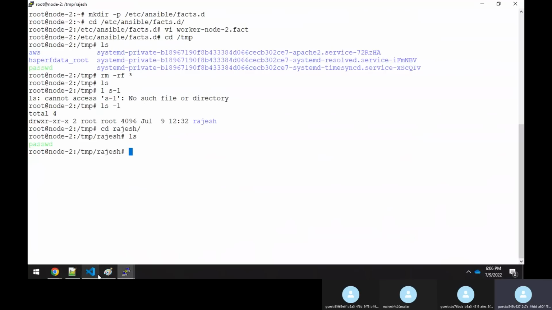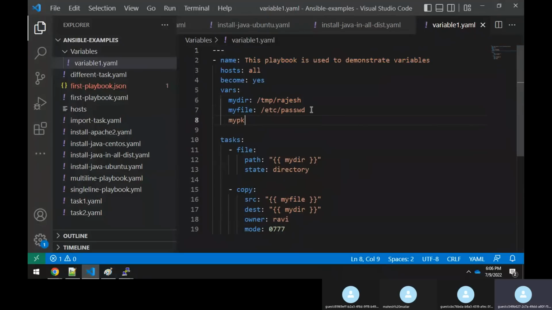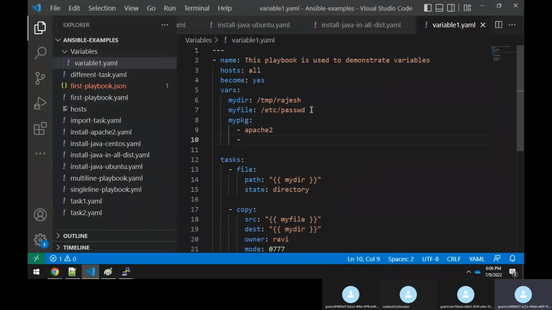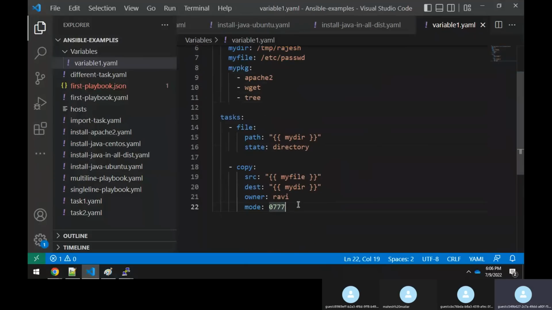Right. So what we will do, we'll make one more variable here, something like my pkg package. Okay, I need to install Apache 2. Okay, I need to install the wget package. I need to install the tree package. Right, and here if you come over here,